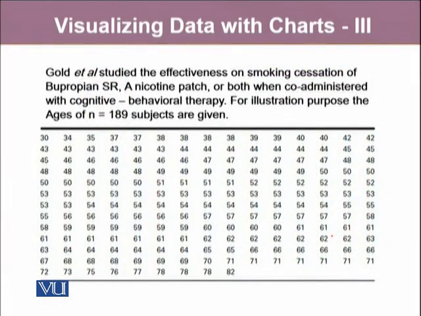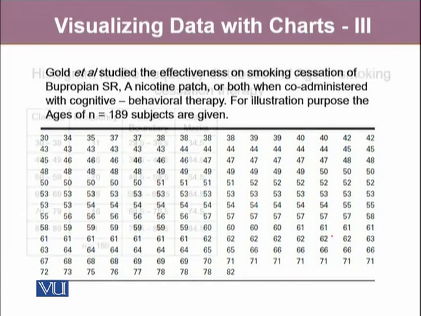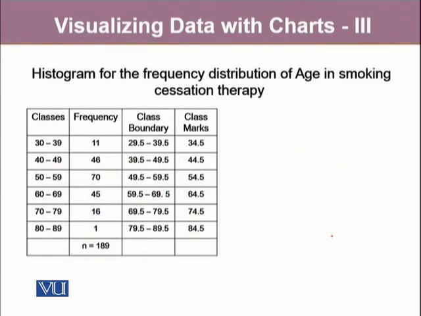Let's use this continuous variable that we have already talked about, the data about the ages of the respondents in a study that was conducted by Gold et al. They studied effectiveness on smoking cessation. So we have this continuous variable given in our data. To summarize this data, one way is to construct a frequency distribution that we already constructed in the previous modules. From here, we can also visualize this frequency distribution by drawing a frequency histogram, where a frequency histogram is also